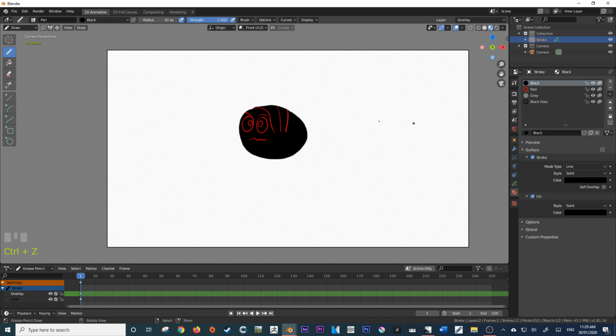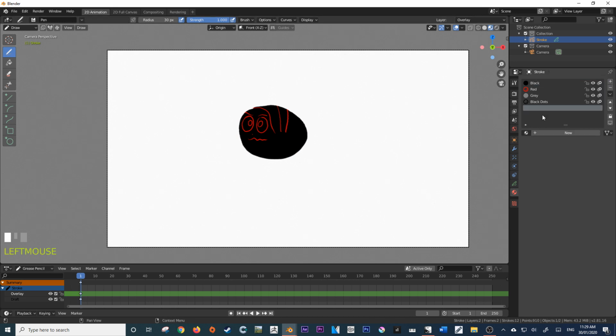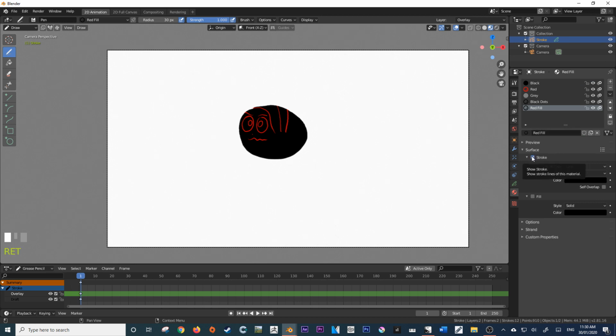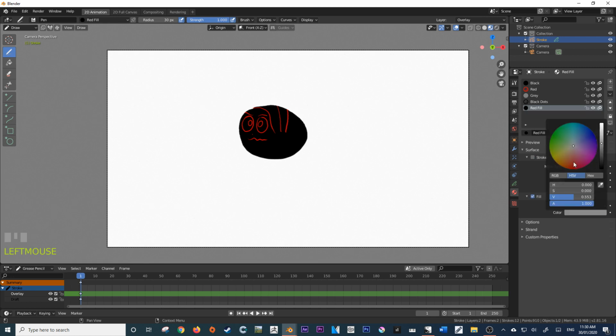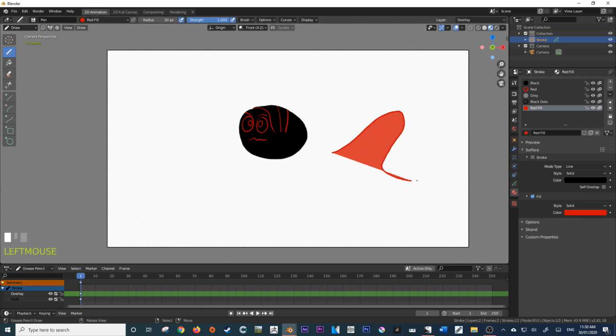So to create a new material, all that we have to do is press this Add Material slot. I'm going to create a new one. I'm going to rename it to Red Fill. And then I'm going to either deselect stroke and add a fill, and then I'll just set that fill to a red. I can also include the stroke because, as you can see, the stroke's going to disappear, or it's not going to even appear at all, apparently.